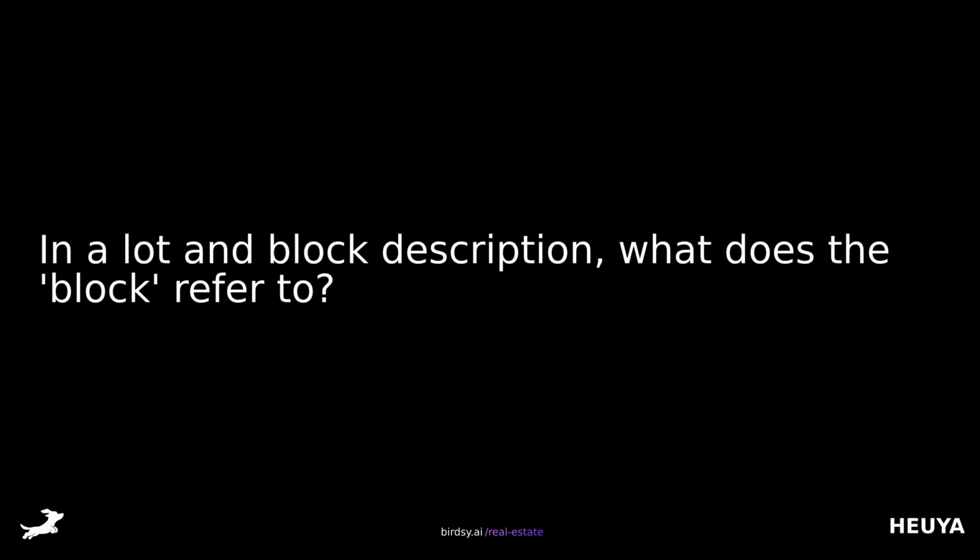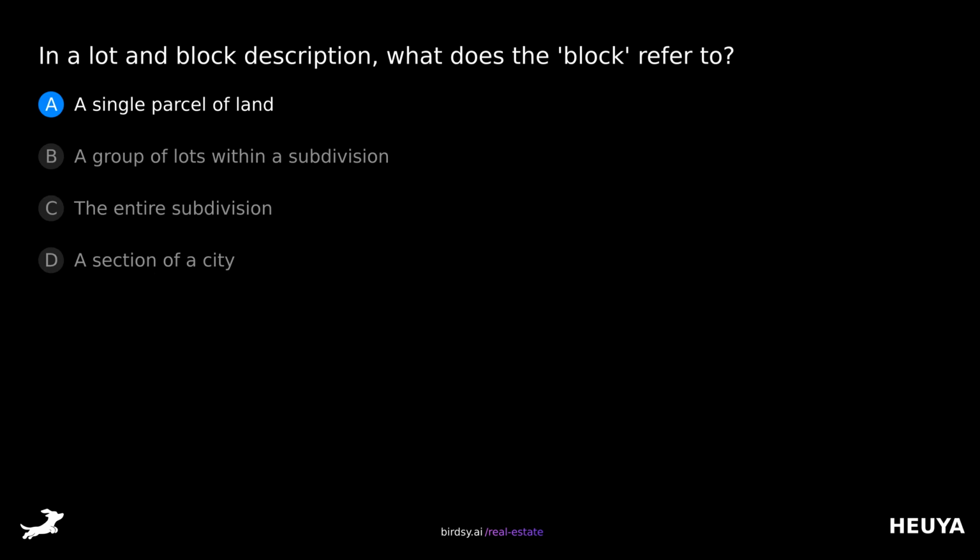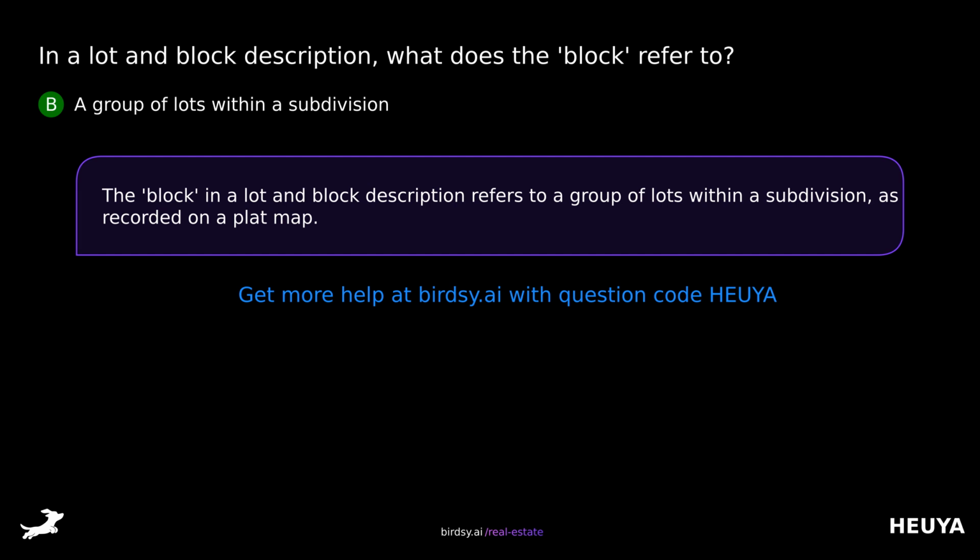distances. In a lot and block description, what does the block refer to? Is it A, a single parcel of land? B, a group of lots within a subdivision? C, the entire subdivision? Or D, a section of a city? The answer is B, a group of lots within a subdivision. The block in a lot and block description refers to a group of lots within a subdivision as recorded on